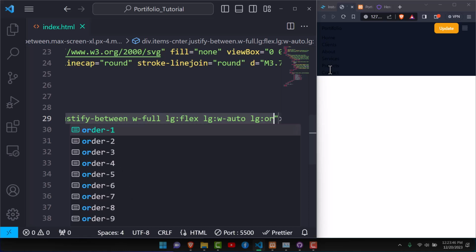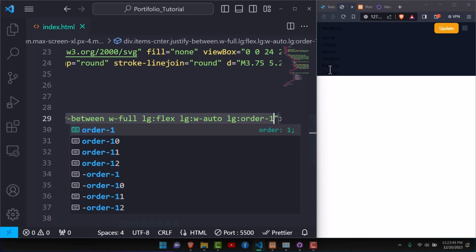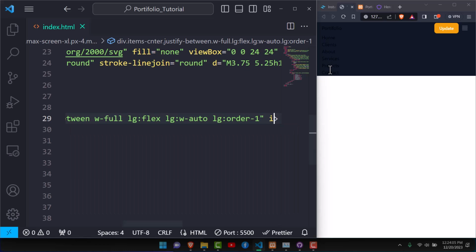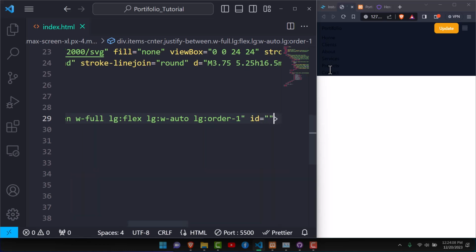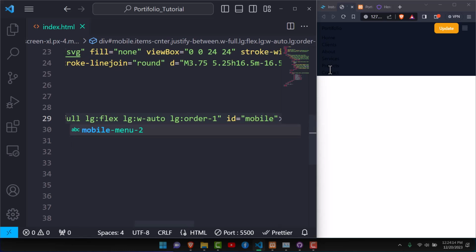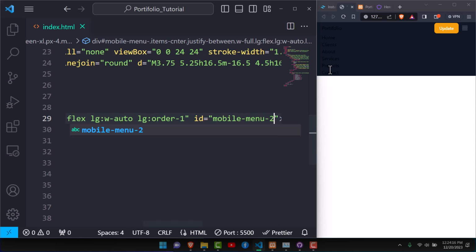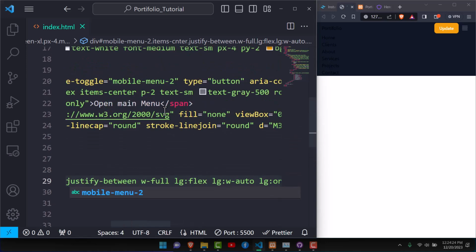So I'm going to talk about order 1, and then after that, because these are the items that will be hovering on and off, I'm going to give this div an ID equal to mobile menu 2. This one specifically is going to help us target this specific div, because you see